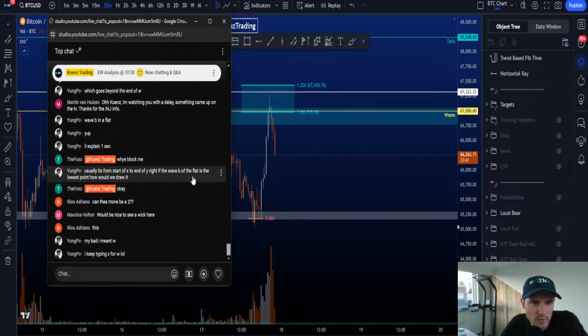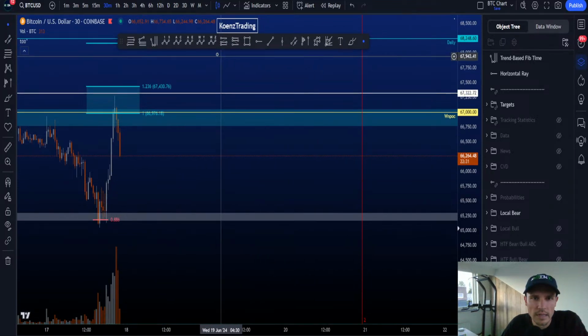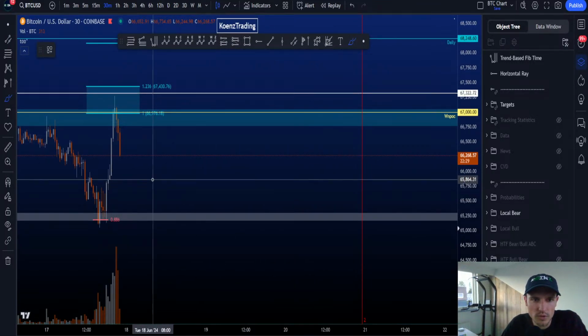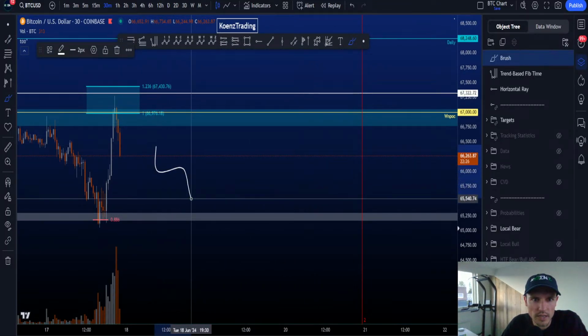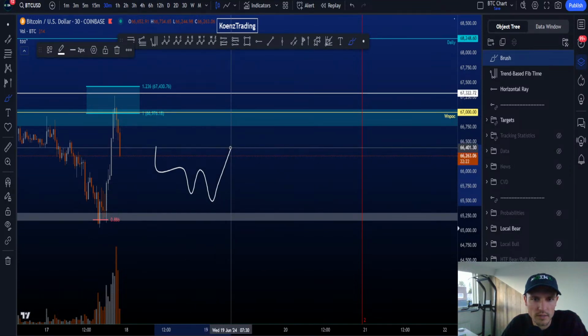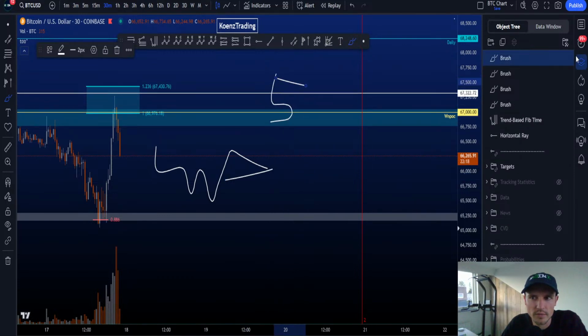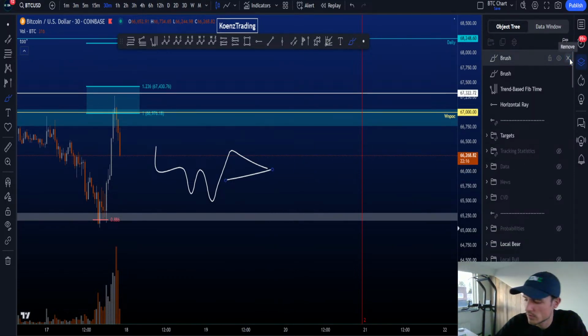If the B wave of the flat is the lowest point, yeah, I know what you mean, but this is details. So you have your zigzag, W, A, B, C in a flat, right? And then you have your Y. And then the question is, what do we do with 5? Wait, why do I get a...